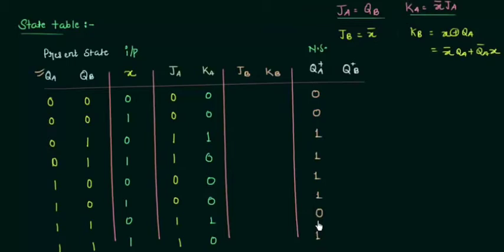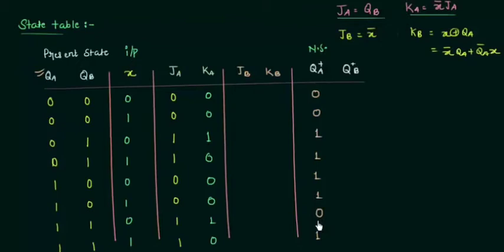If you don't know it, I cannot help you here. You have to remember the truth table for the JK flip-flop. If you know the characteristic table, it will work, but if you know the truth table, you know how we are filling these values. So we are done with the A flip-flop.